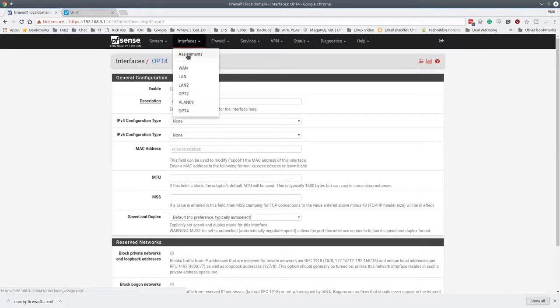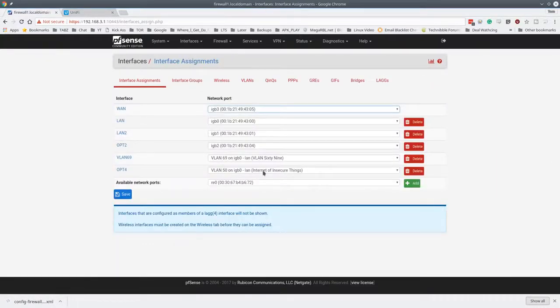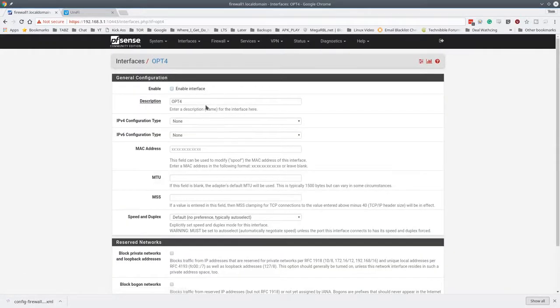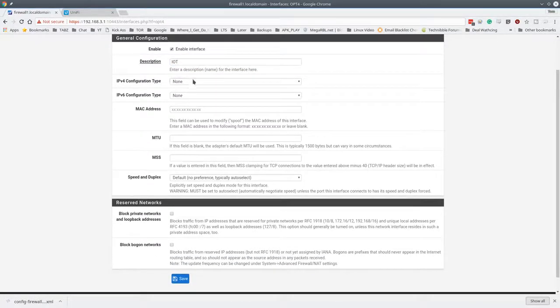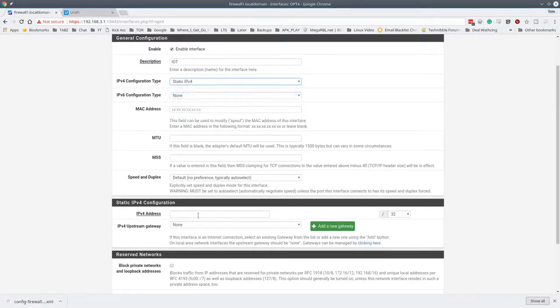So if we go here to interfaces assignments, you can see that it's called opt4. We can just click on this, and we'll just call it IoT to make it simple. And we're going to enable the interface, and I'm going to go down here and choose the IPv4 configuration as static,